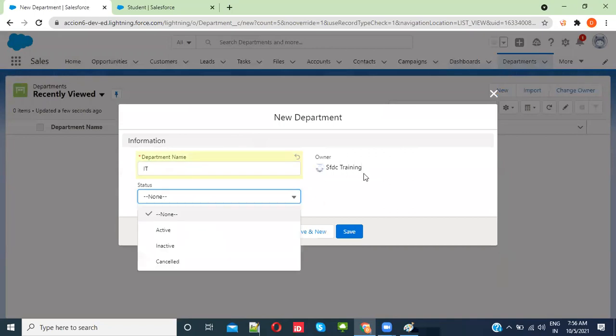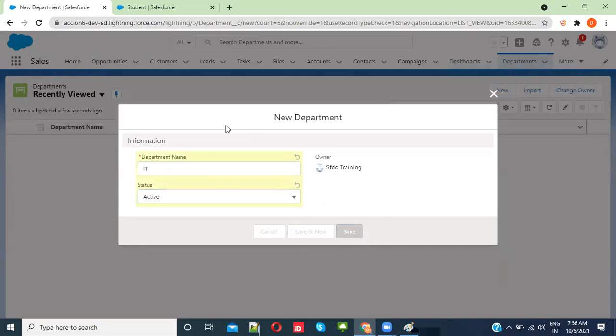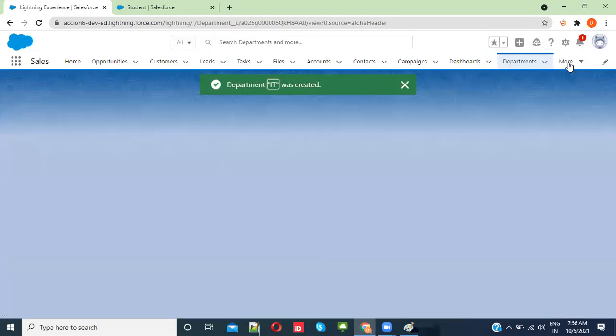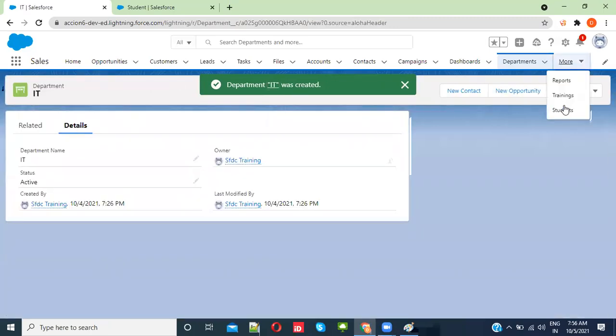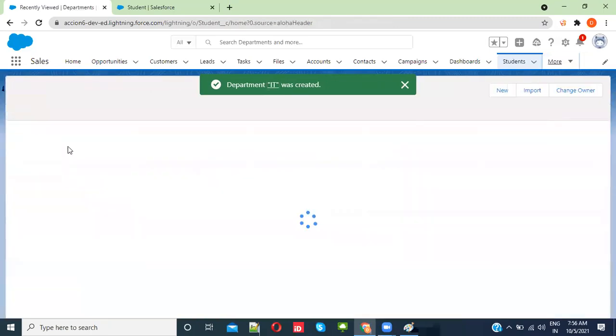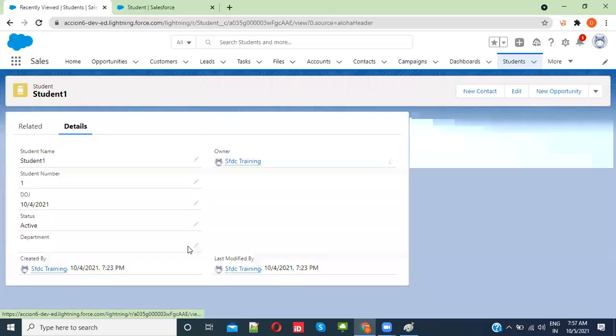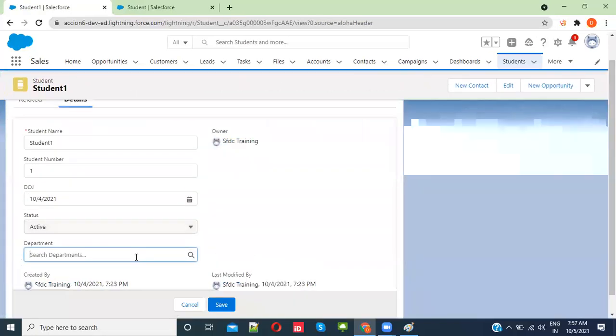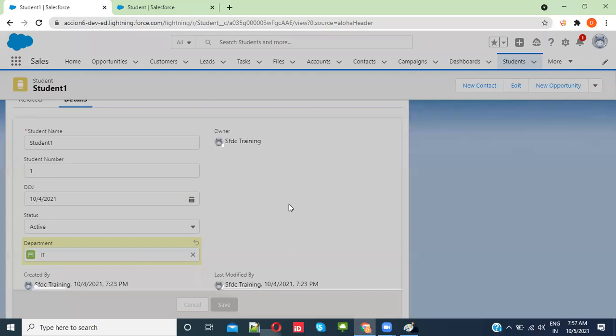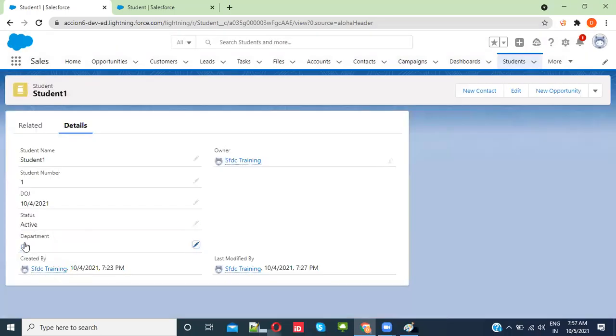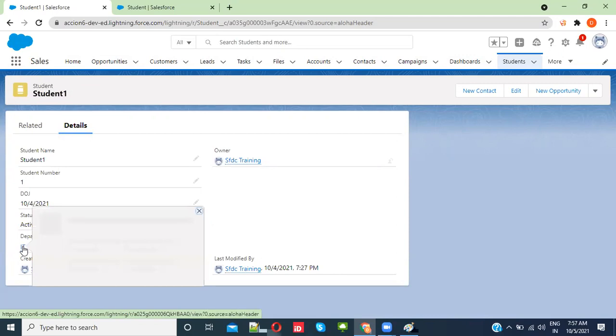IT, status active, save. Now go to the students. See this. By default, it will be displayed here. Save it. Okay. Now, if you want to see the department information, if you hover there, it displays some values. So this is IT.